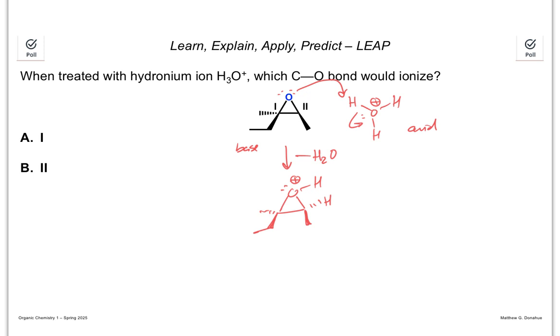So remember in the SN1 mechanism, when the leaving group ionized, it formed a carbocation. We're going to ionize one of those CO bonds. But the leaving group, it's not leaving the molecule. It's just breaking a carbon-oxygen bond. So we can do that two ways. If we ionize it that way,